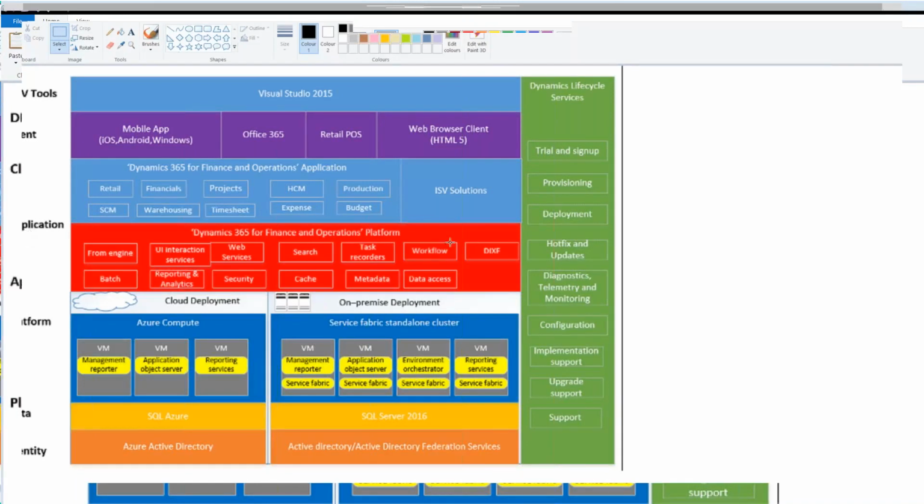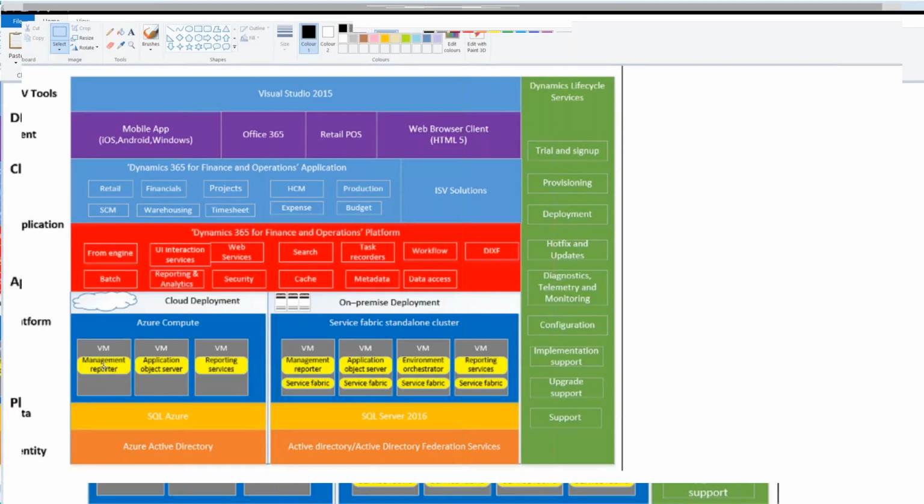The application will contain a set of frameworks that you can see here, and at the end you have the platform here. In this platform, you can see there are two different topologies. One is the cloud deployment, second one is the on-premise deployment. Okay, in case of cloud deployment, if the user is expecting to use management reporter, and we are not going to discuss management reporter as part of this course, please remember that he will have the separate virtual machine for management reporter,